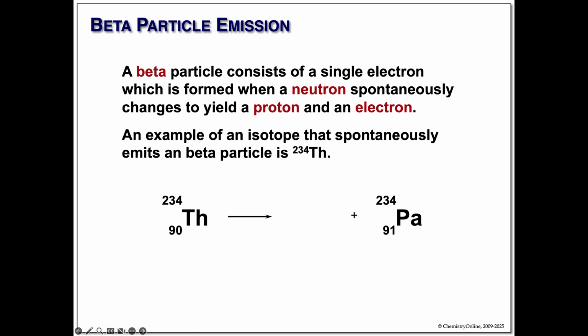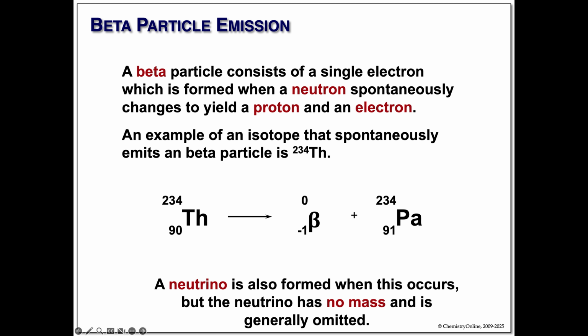Now, what do we show for our beta particle? Well, the mass number is going to be 0, and we can put a beta in. But how about the atomic number? What's the atomic number of an electron? It's not 0, because in order to balance the nuclear equation here, the number of protons must add up on both sides. So instead of 0, this must be shown as minus 1. This is our beta particle.